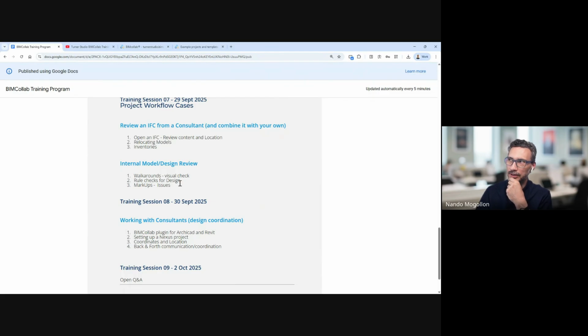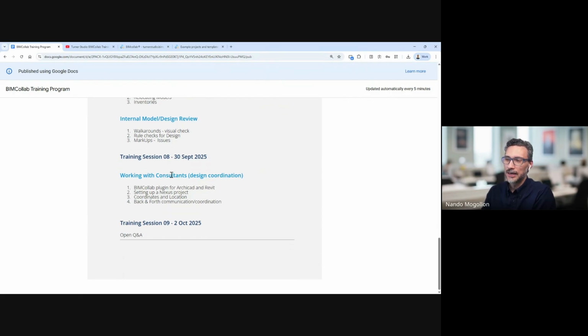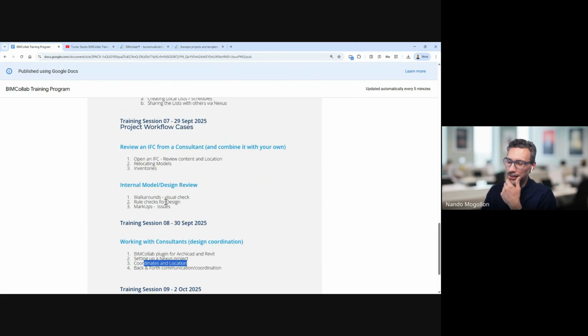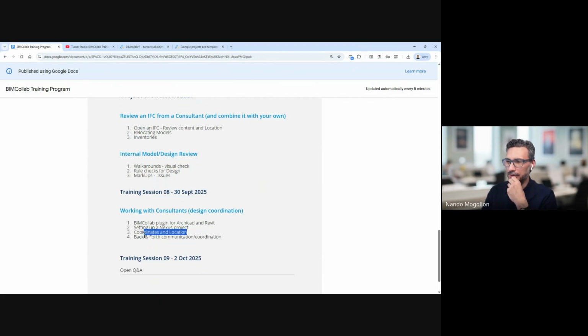as if you were running the project using ArchiCAD and the other person using Revit, and then reviewing the files that we exchange. We're going to run through that using the plugin for ArchiCAD from Revit eventually, checking something that you have dealt with in the past for coordinates and the back and forth communication. So that's going to be on tomorrow's session. Hopefully we can extend that to the next day, because that's typically the topic that brings